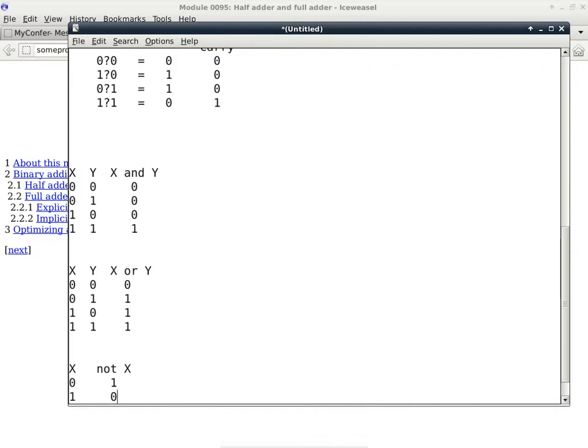What about exclusive OR? Exclusive OR can be done with these two. You pick negation and one of the other two, and you can come up with all the possible